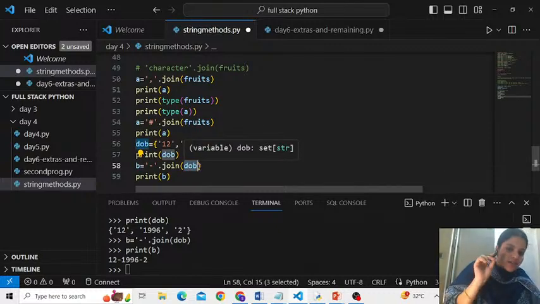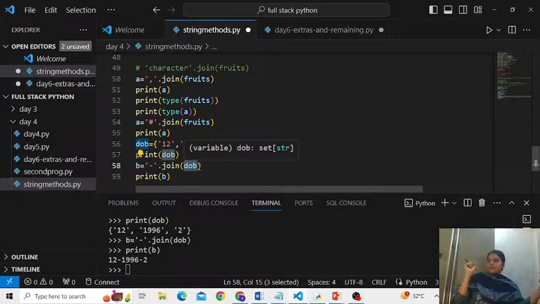People, acknowledge to us here in the chat section, are you understanding the different applications of join? These functions are really very handy in some of the operations that require manipulation upon the string. For example, fetch all the names of the players from the list, separate by comma and convert into a string. Say Indian cricket team is equal to, this is the name of the variable, and in the list I have declared all the names of the players there. But I want the names of the players to be returned as a string.